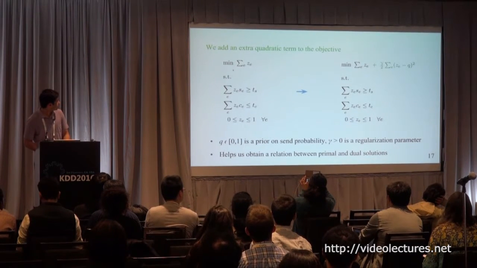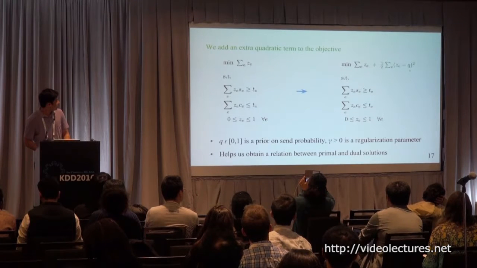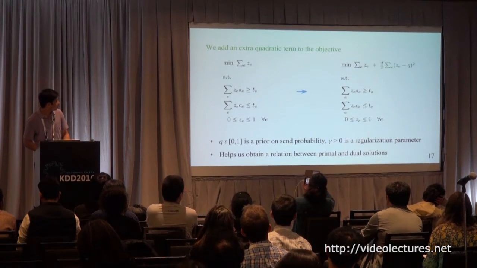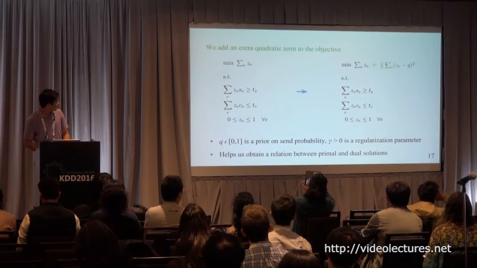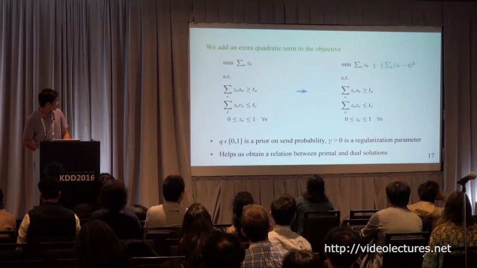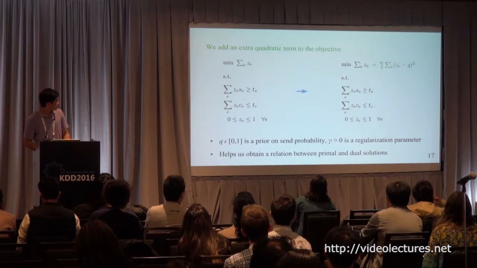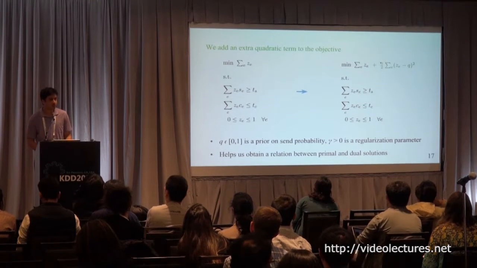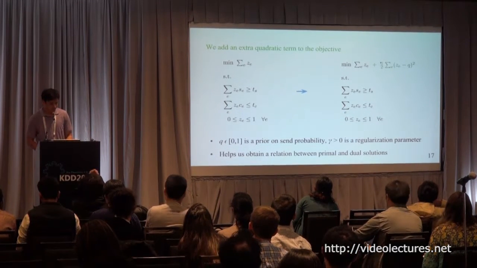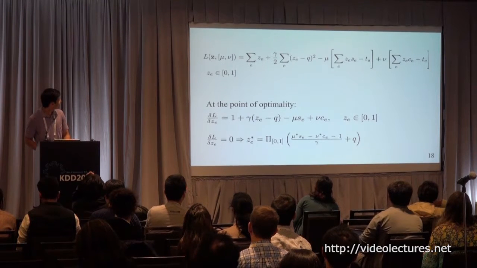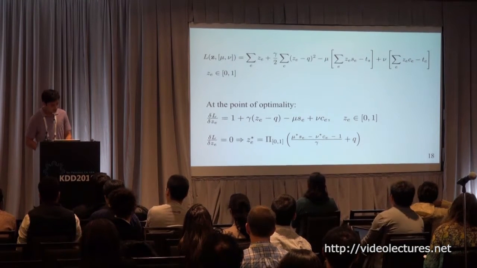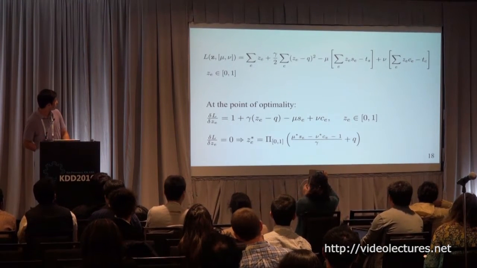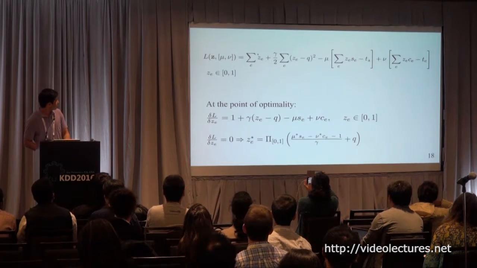So this was the original objective, and we have added a quadratic term here, which is like a regularization term, where Q is a prior on the send probability, and gamma is the regularization parameter. Adding this regularization term will help us obtain a relation between the primal and the dual solutions in this way. So if we write down the Lagrangian, it can be written in this way,